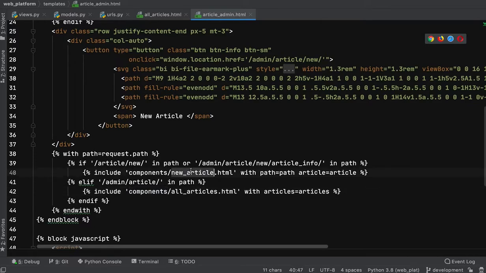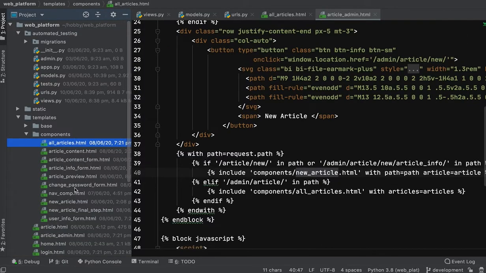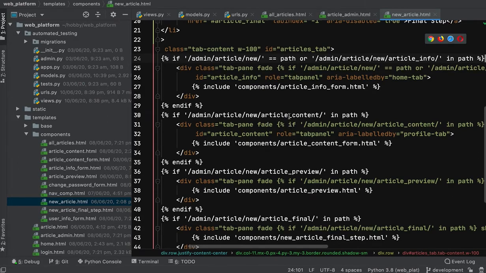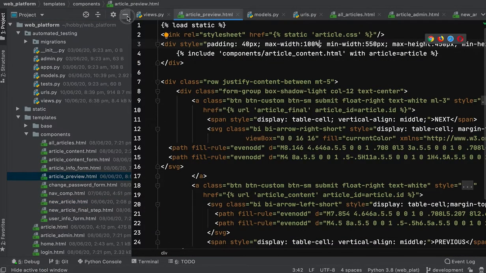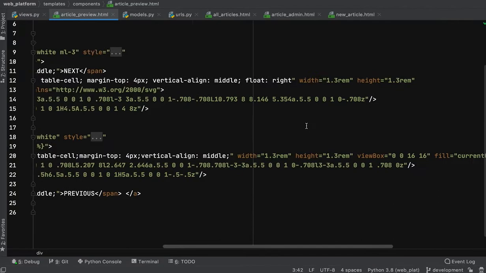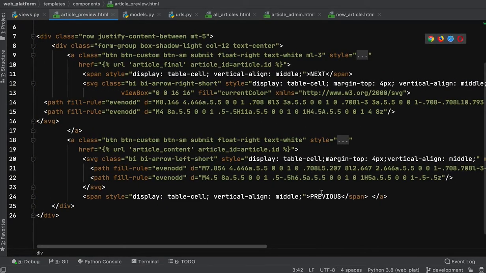We'll take a look at the articles admin. It will go to the new article, where we have a lot of sections. In this we will go to the article preview. In this article preview, we have the previous one.